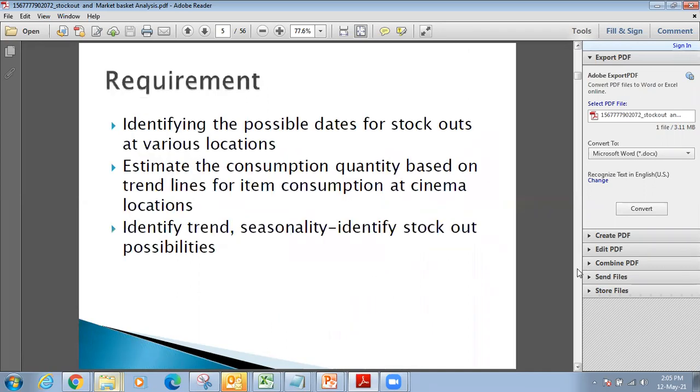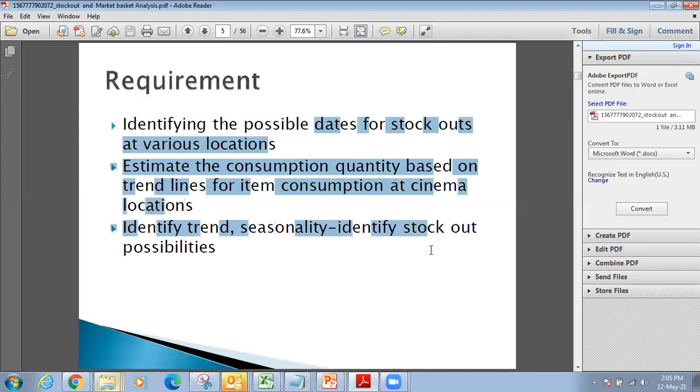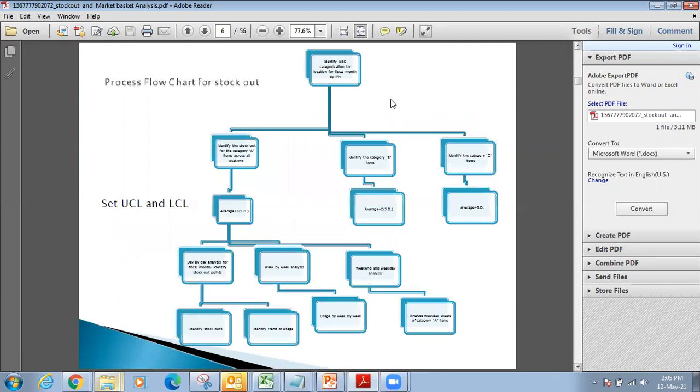So this was the case. We've also looked at possible dates for stockouts, consumption quantities, trend, seasonality, and stockout possibilities. This was a flow chart which we made. We calculated the A category items, and for A category items, 99% availability should be there.